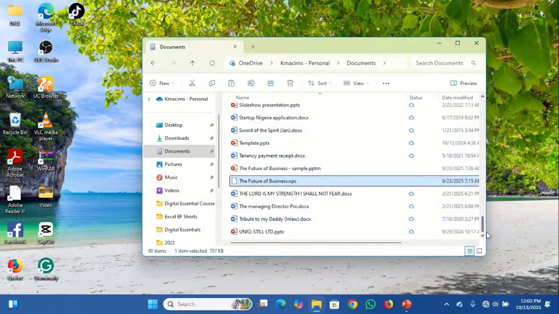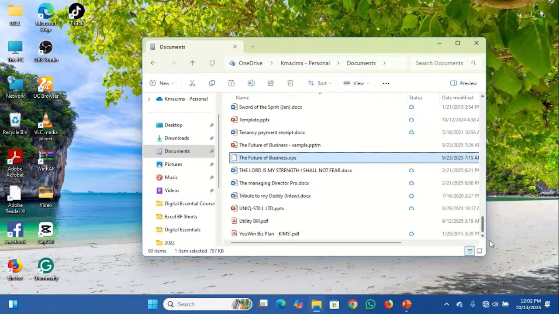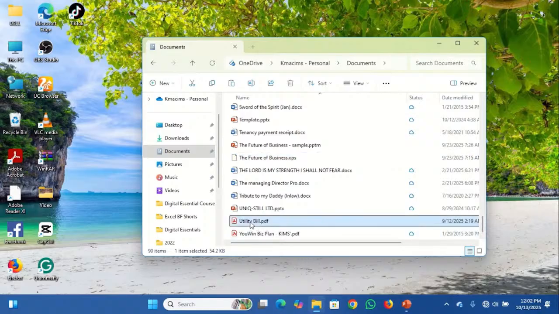So how do I create a zip file and how do I view a zip file? Very important. Let's take for example this file. Maybe I want to compress them because I want to archive them. When I compress them, it will be easier for me because it's going to reduce the size of the file,